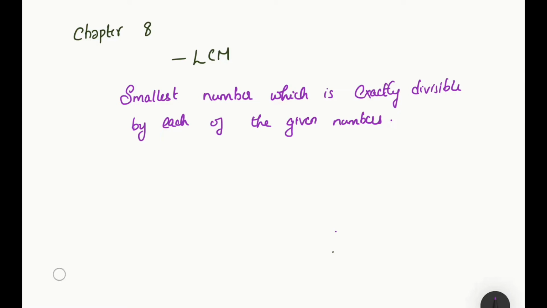The third method is the common division method. As we did for the LCM and HCF, we'll divide the numbers together and find the lowest common multiple from that. In this case we will be continuing until we get the result. Like in HCF we could divide only if it is divisible by each of the given numbers, right? So here we don't have to do that. When I do the problems it will be more clear to you.